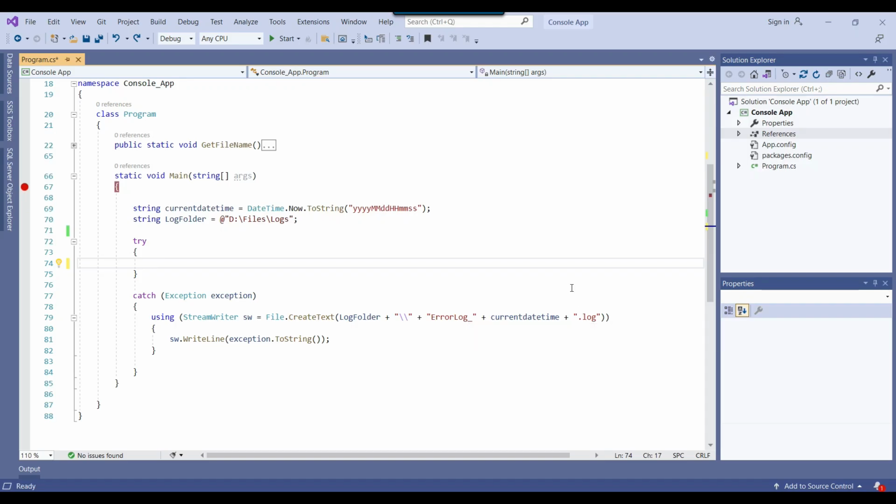So this is my console app right now. I will write some code here in the console application and then I will show you how the zipping will work, and then I can create the SSIS package using the same code, and then we'll see how we can zip the file using the SSIS package as well.